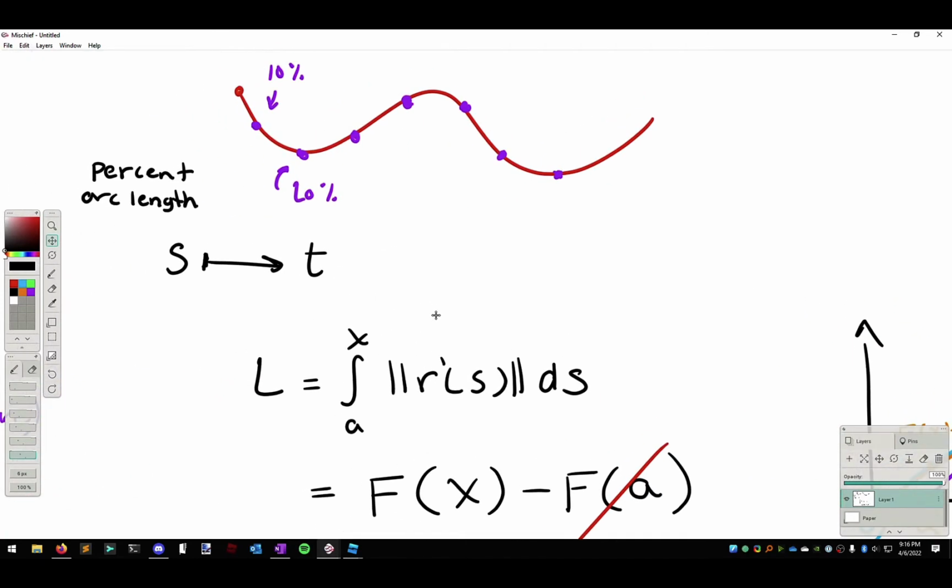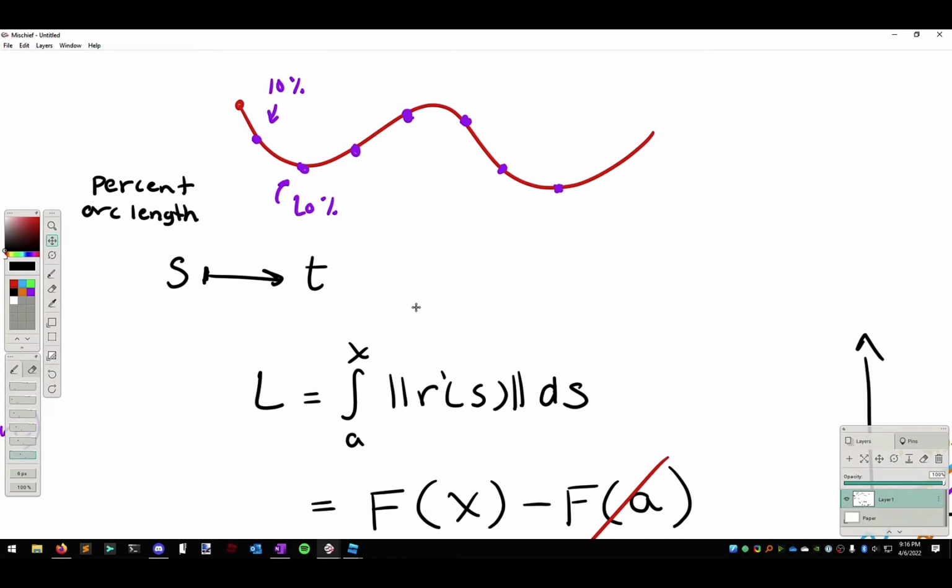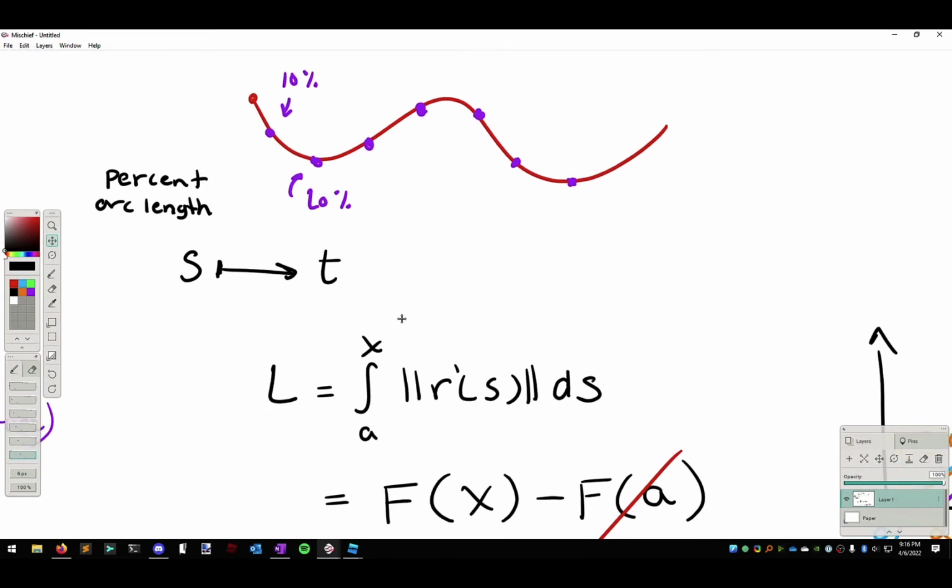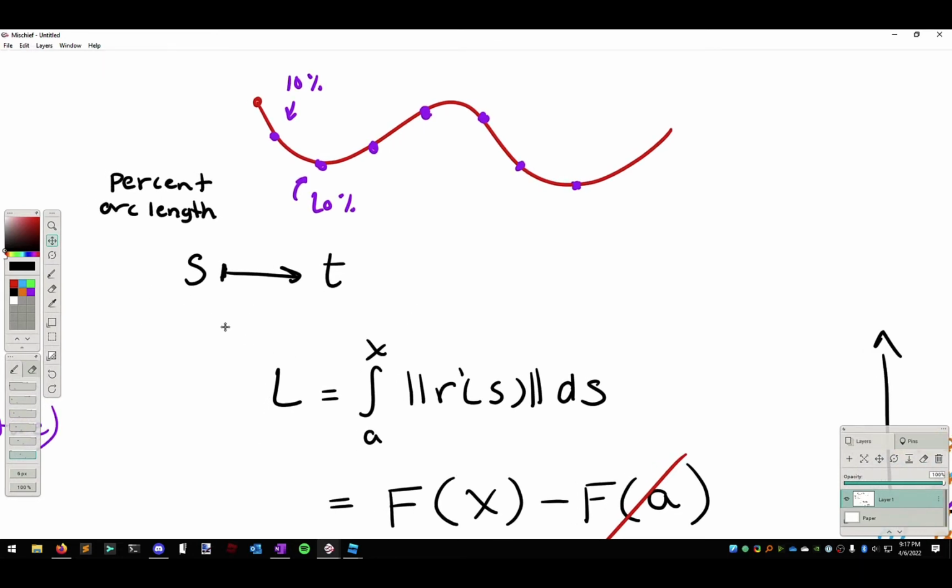And if you want to describe this mathematically, it's an integral. So s really is, we want some length. So s is the length that we want along the curve. And then we want to integrate,